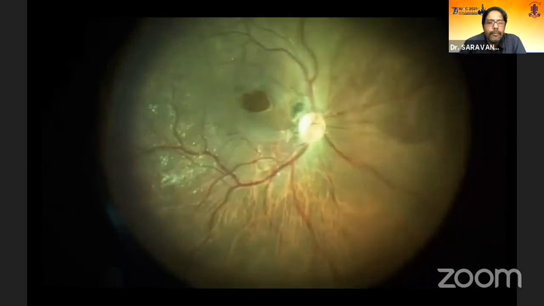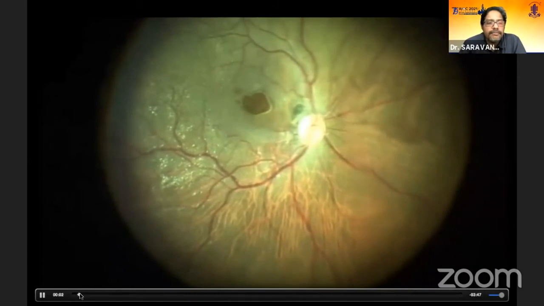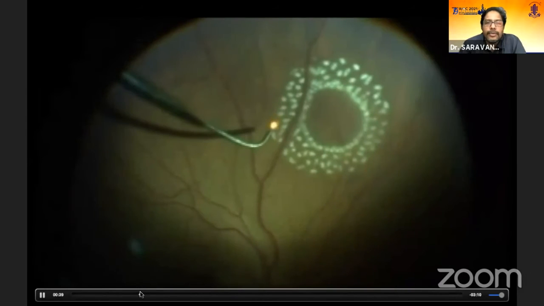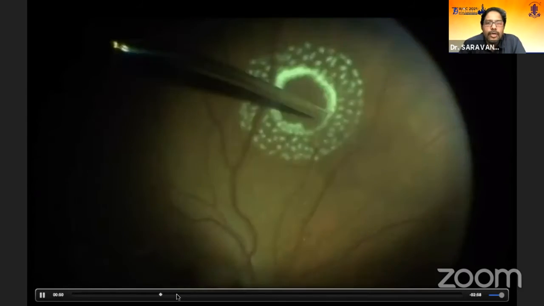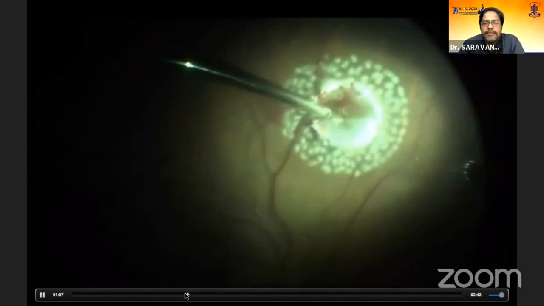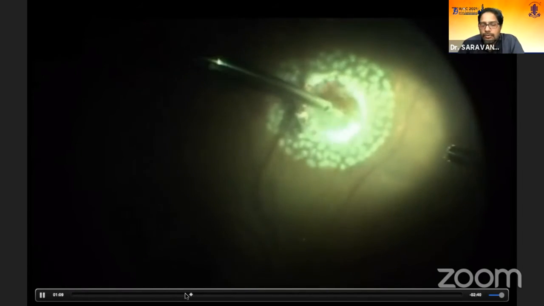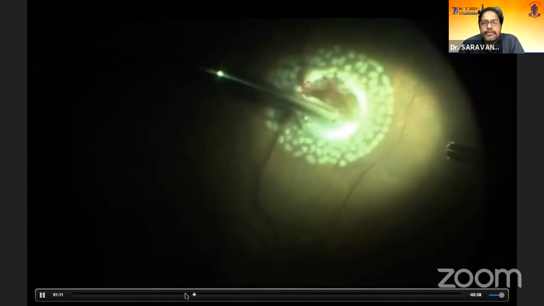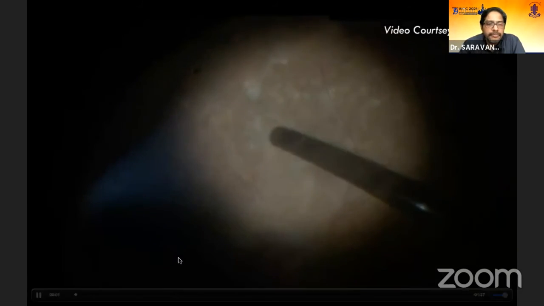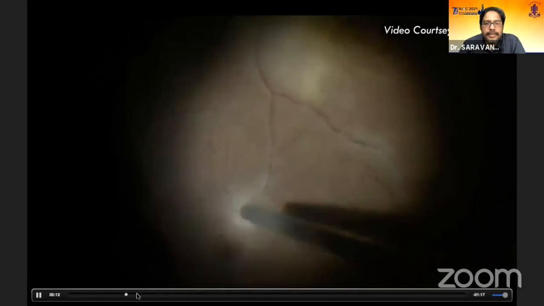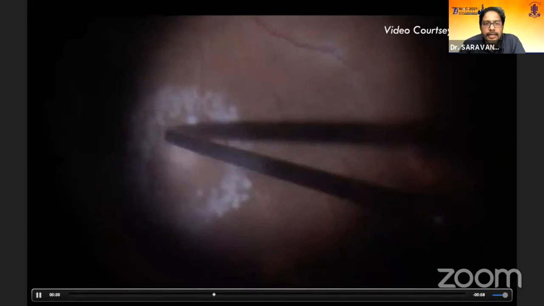Nothing special. Normally we have been doing retinal autografts for all our failed macular holes. This is what we do: do a laser, do a cautery, and then take a small graft. So this is the same technique which you use for retinal biopsy. People who are doing autografts should be quite well versed with this. This video was provided by Dr. Rajesh in Bangalore. This is again a suspected case of lymphoma, and this is again the same technique where you do a barrage and cautery.